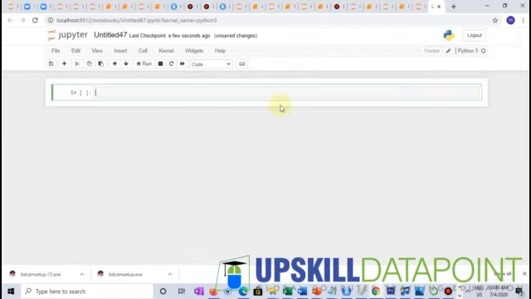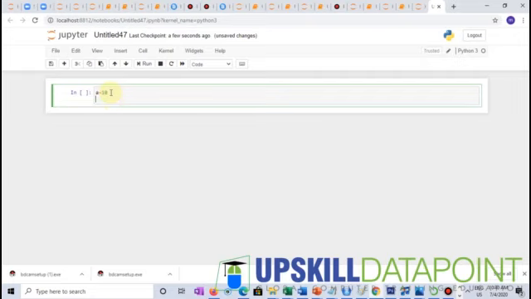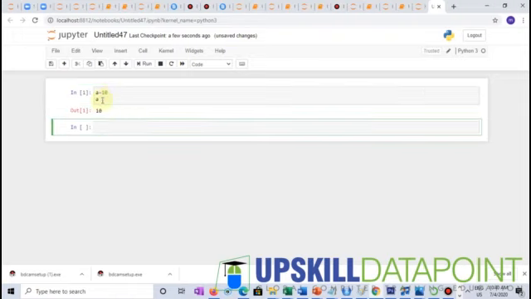Now this particular line, where the cursor is blinking, is called a cell. And when it has a green border around it, that means it's in the edit mode. You can write anything here. Suppose I write a is equal to 10 and then I write a. To run this, I press shift and enter and I get an output here, 10.